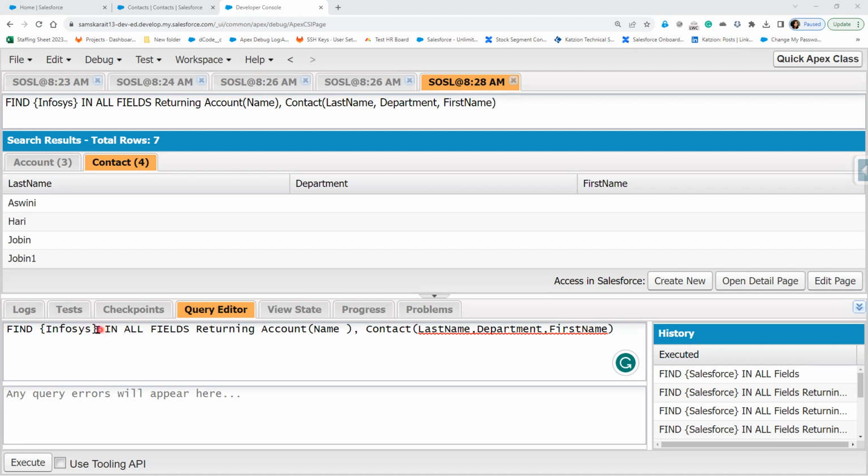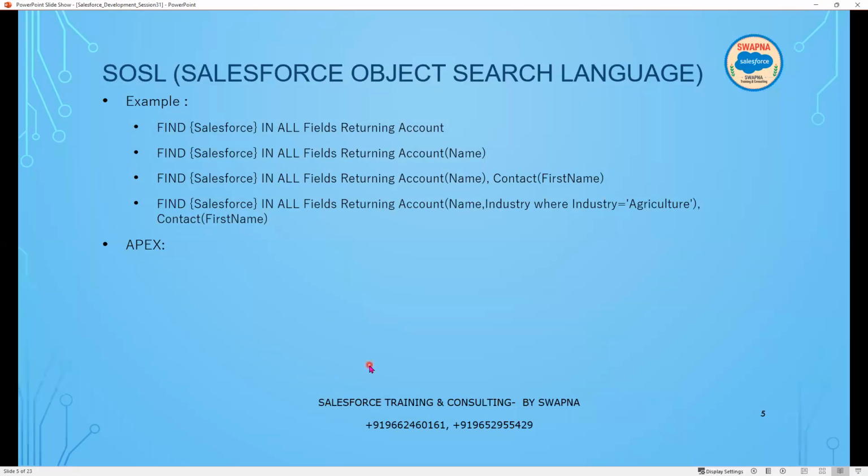Right, so this is how we write it into the query editor. Now, for example, if I wanted to write inside the Apex, so far we have seen the query editor. If I wanted to write it into the Apex, in the Apex, what we will do is the output